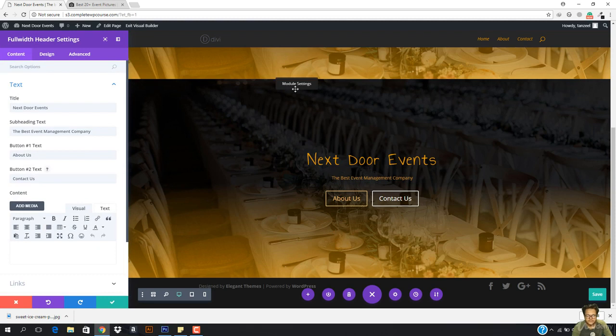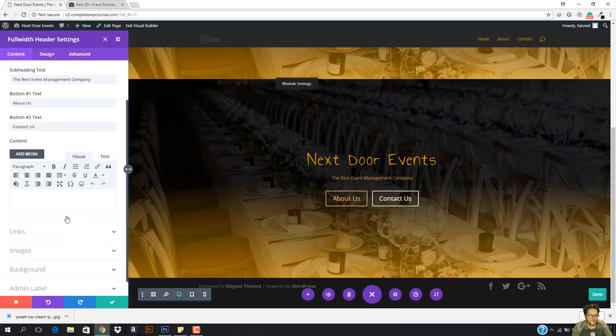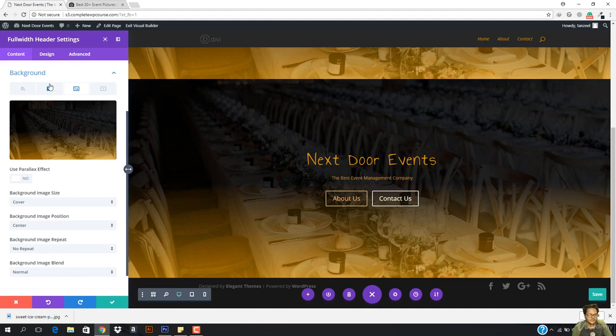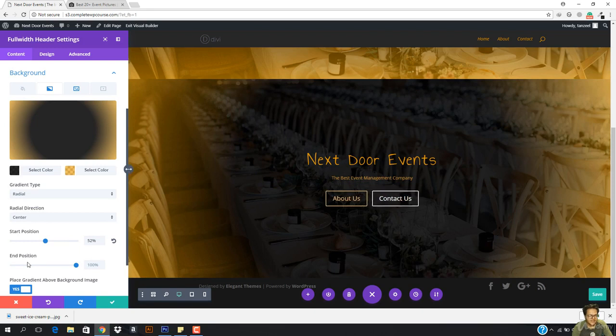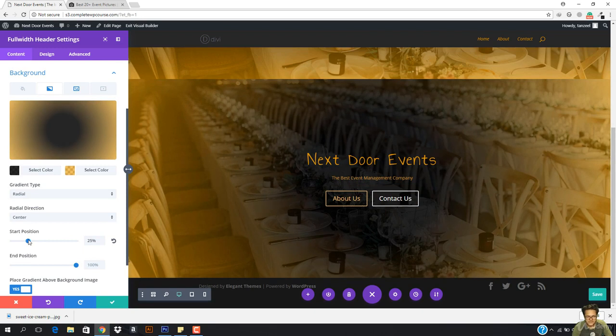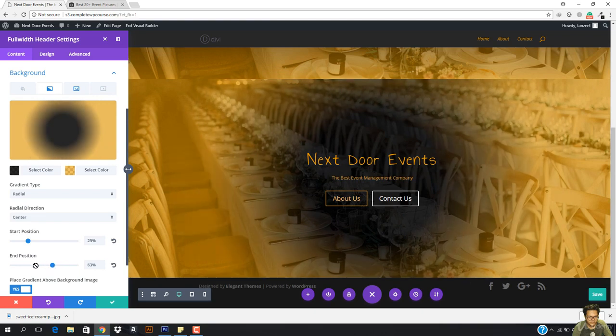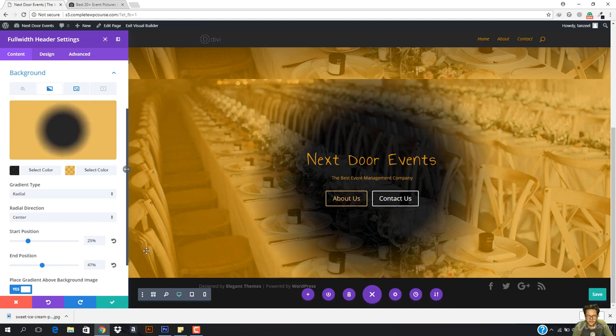I'm just gonna come here to the module settings, and go down below, and here in the background I have to work with this gradient, and I'm gonna choose the radial. So you can see the radial is like this, and I can work with the positions right here. You can see how this is looking, and let's move the end position a bit. You can see for yourself how it is. So if I choose 0%,